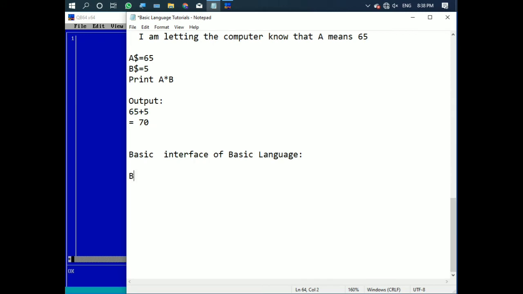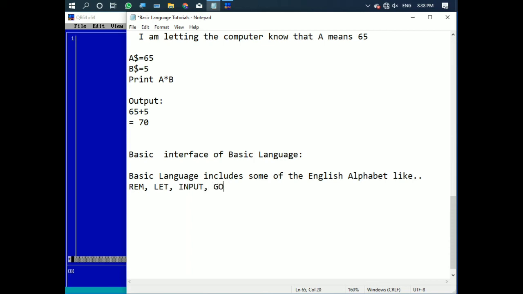Basic language includes some English words like REM, LET, INPUT, GOTO, RUN, SAVE, and LOAD, and all these are the basic language we know.